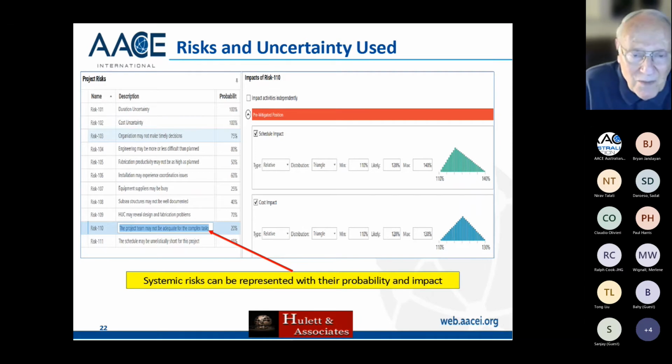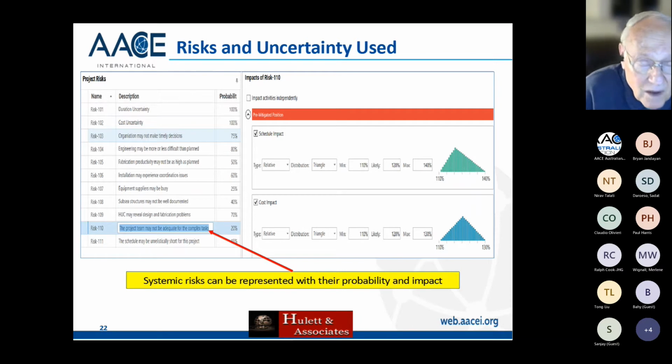Now you can look at the project team for any particular project that you're on, and you can say, hey, this is a really strong project team. Or you can say, oh my God, there are too many TBDs. The manning table is blank. We don't know how to do this. This is about the system that the owner team is using to deliver the project successfully to the market. And if the project team is not very good, it can be a real problem for everything. It can be a background problem, but it can be a real problem for everything.